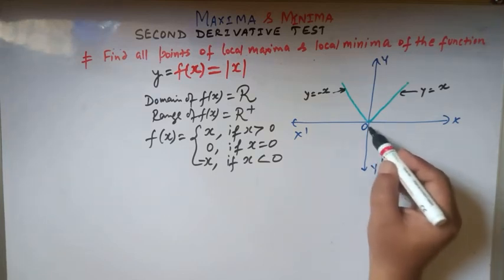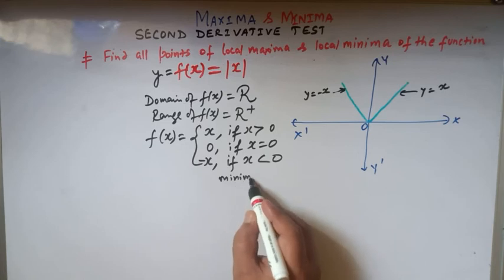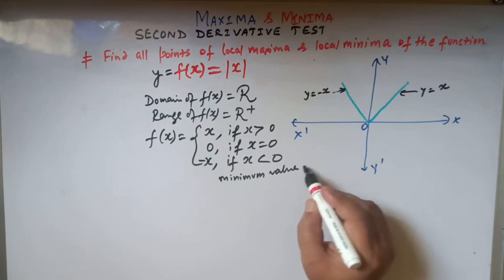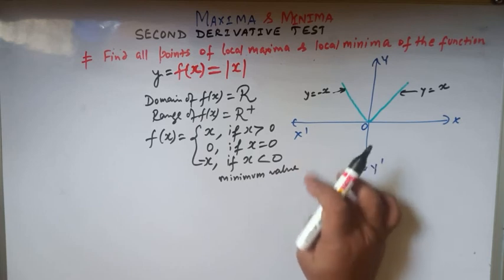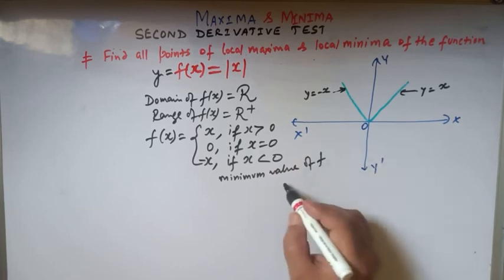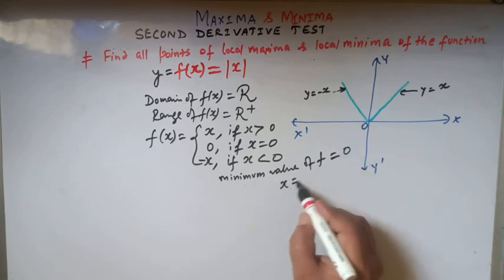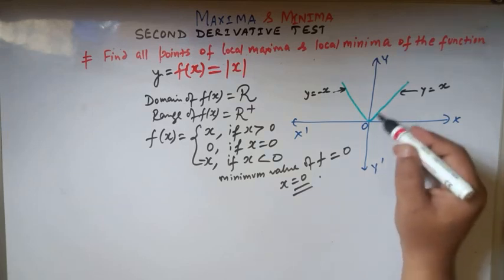So the minimum value of f is 0, and it occurs at x equal to 0. Clear? And from the graph it is very clear that f has no maximum value, because